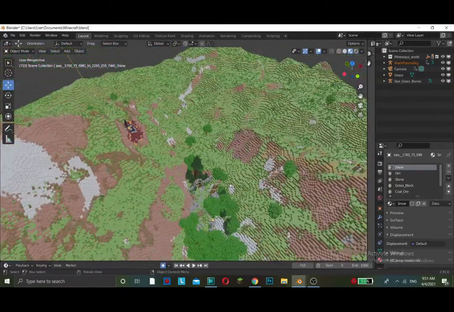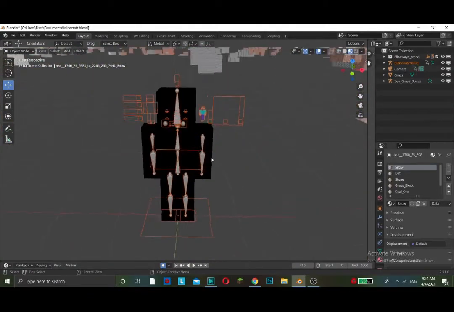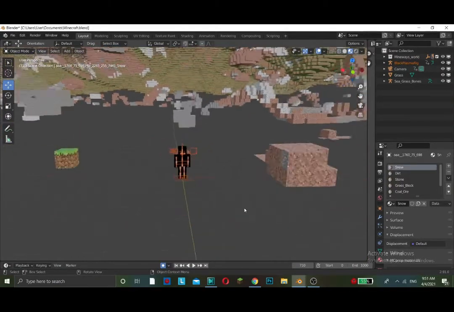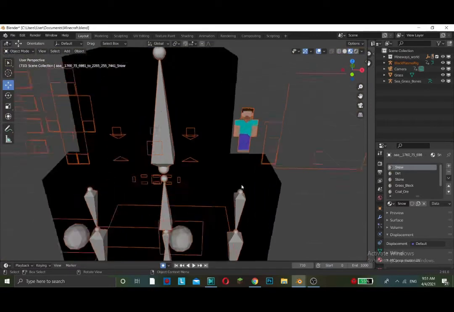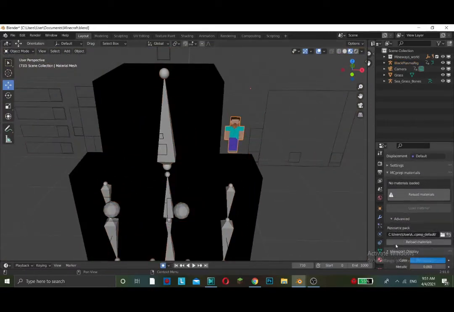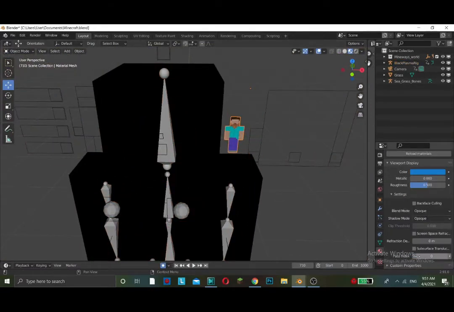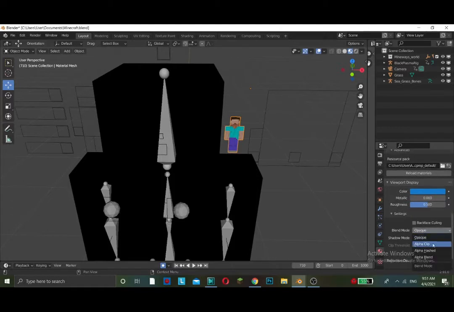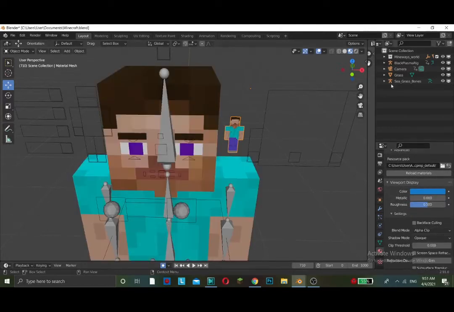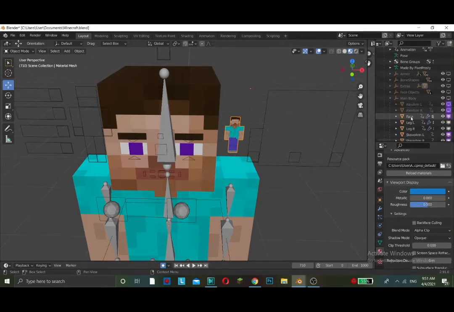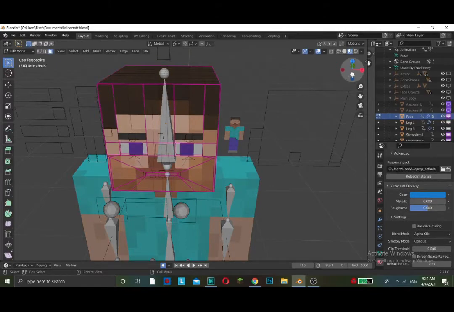Now once that's imported, hit the dot button and you'll see it black. Now this is common. I already did one video on this. All you have to do is just do it again. Scroll down to viewport, change that to alpha clip, open it up, go to main body, face, hit tab,